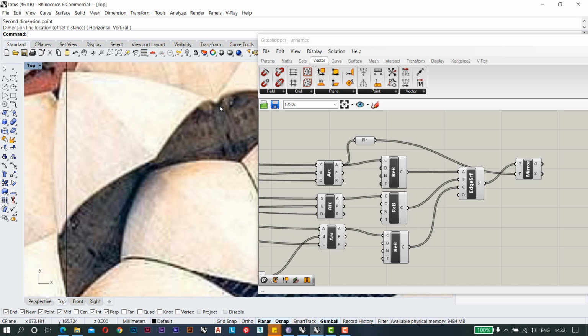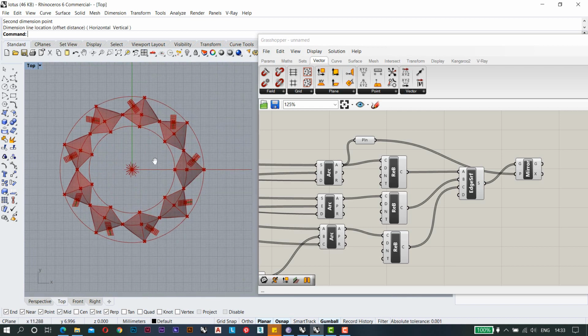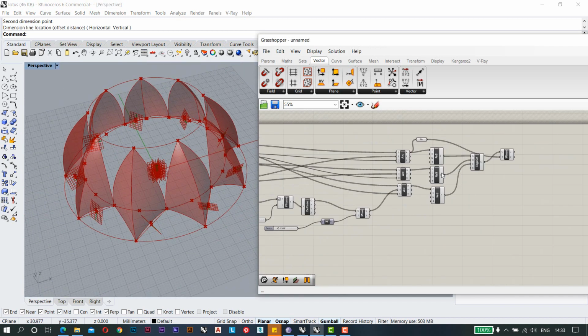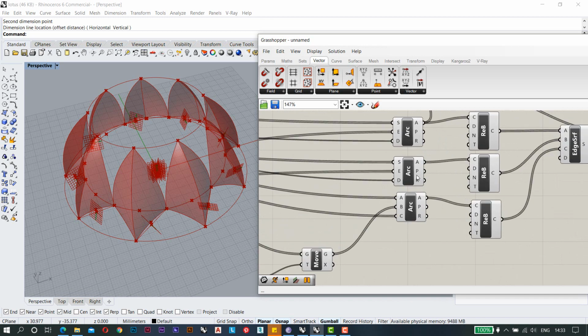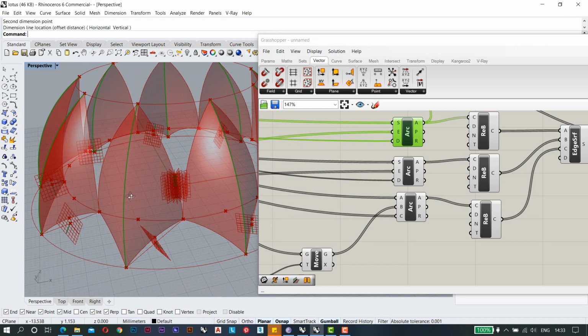It has a little bit of curve in it. So if you want that kind of a curve, what we need to do is add another parameter for it. So how are we going to make it? Basically we need to change these arcs. This arc is totally fine, so we are not going to touch this arc.